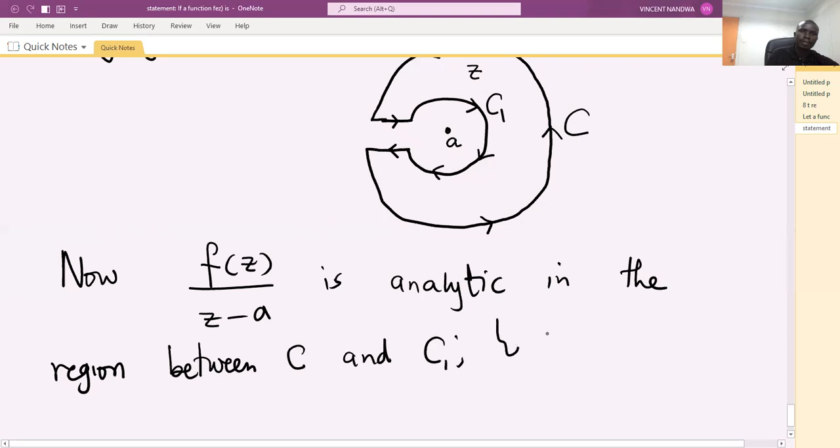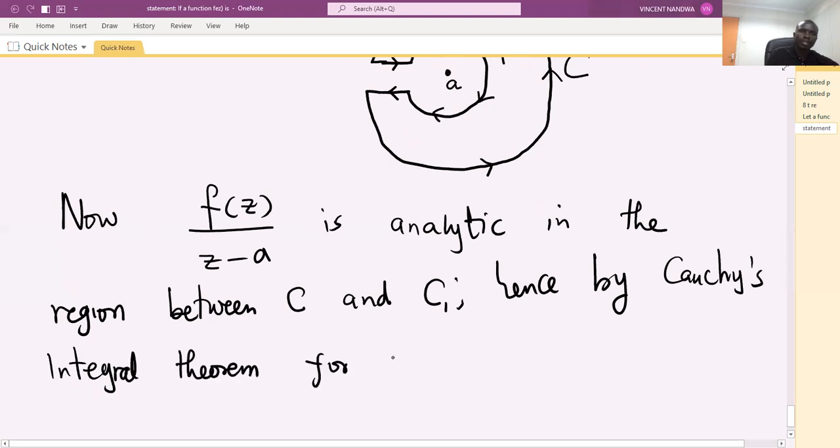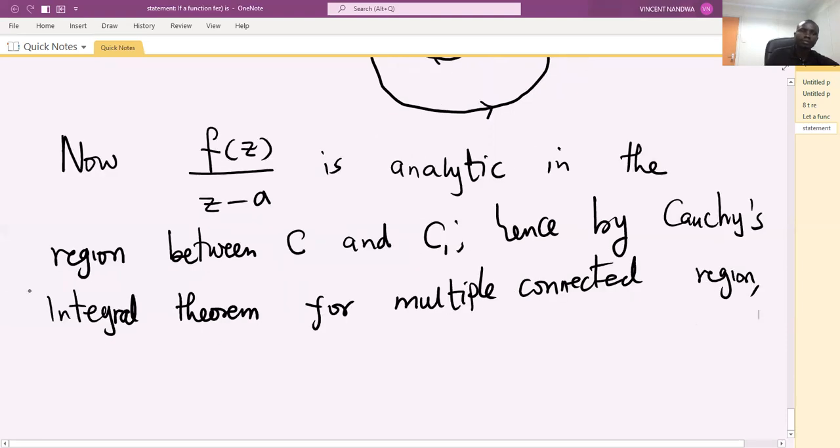So hence, by Cauchy's integral theorem for multiply connected regions, we have